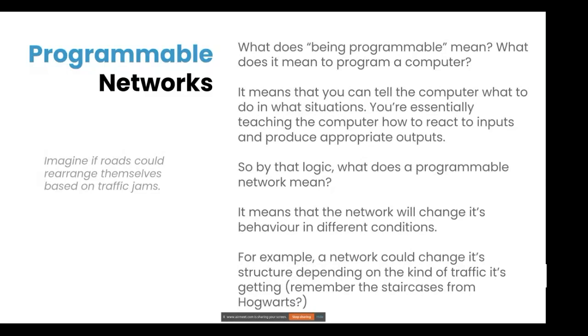So like, you remember the staircases from Hogwarts, right? You just go down a staircase and the staircases rearrange themselves, floating through the air to get you to the correct destination in the least amount of time. So that's kind of what we're trying to do here. It's pretty novel, and some parts of it, like let's say data plane programmability, those fields have been around for less than a decade, and they're pretty new. There's a ton of research going on, and that's why changing the structure can improve speed.